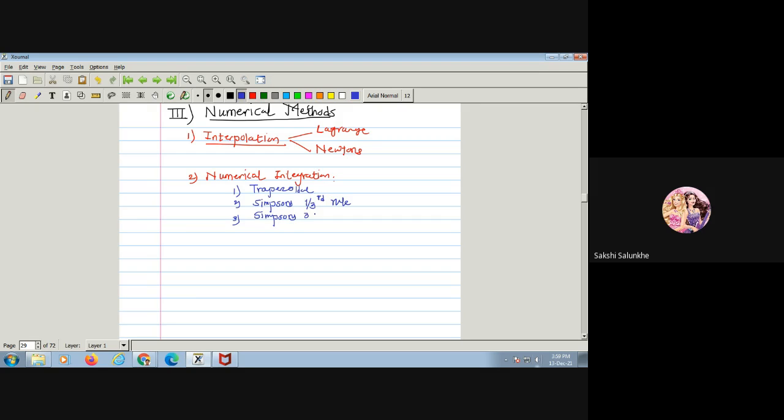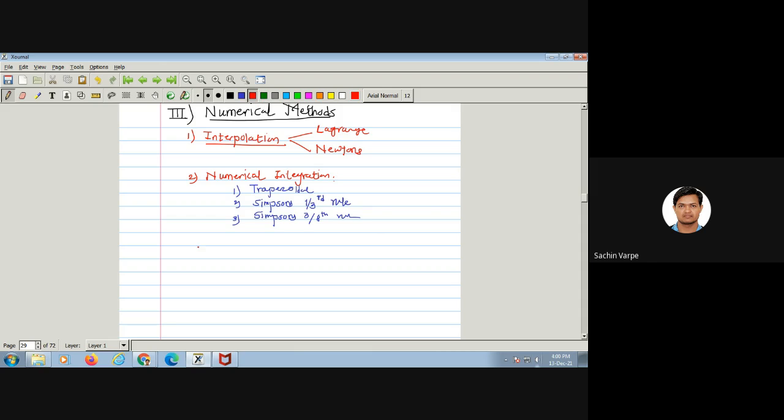Simpson's 3/8 rule. These are the 3 important rules of integration we have discussed. I already explained that these interpolation techniques, numerical integration techniques, some numerical methods to solve the differential equation techniques, these are all important for your future mathematics, which may be for the PG mathematics or while dealing with the real world problems from your branch. Definitely you'll come across these methods from the numerical analysis. These are very, very important for you.